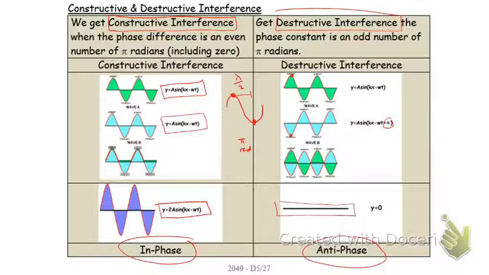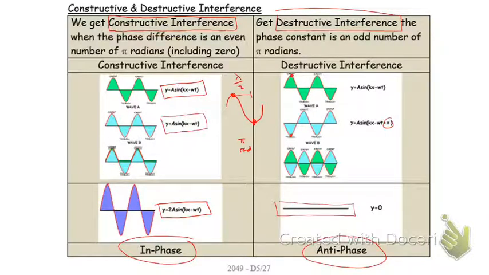So, imagine a situation. We have a speaker in one corner, a speaker in the other corner, and the sound coming towards me. The sound travels at constant speed because it's the same air. The speakers are themselves in phase. What that means is they push at the same time, pull at the same time. They cause a compression wave, then a rarefaction wave, at the same time. Yeah, in sync.